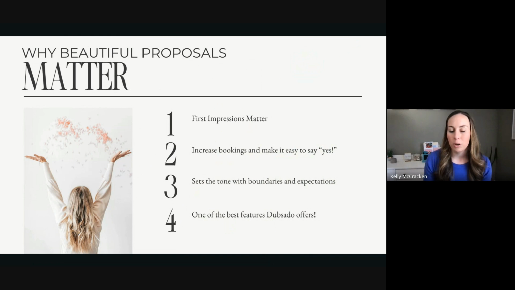We want to increase your bookings as well and make it easy. Sometimes we get so in our heads and make it really complicated. And what ends up happening is then people are confused, and we want to make it easy for them to just say yes and book with you and move forward. I also like proposals though as well, because we can really set the boundaries and expectations of exactly what you're going to do for them, exactly how you communicate with them, the exact timeline of projects, without having to overextend